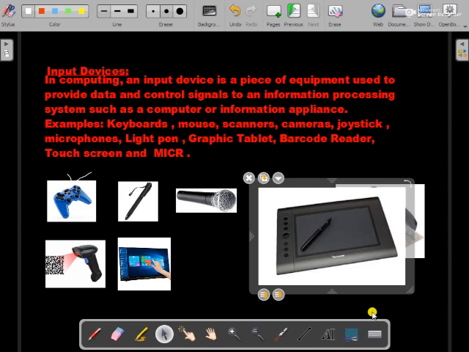So through graphics tablet we can perform many tasks, like we can draw images. The image quality is very high and we can create excellent images through graphics tablet. Normally graphics designers use it, or nowadays teachers also use the graphics tablet to prepare their presentations. So graphics tablet is a very useful gadget nowadays, and it is an input device.